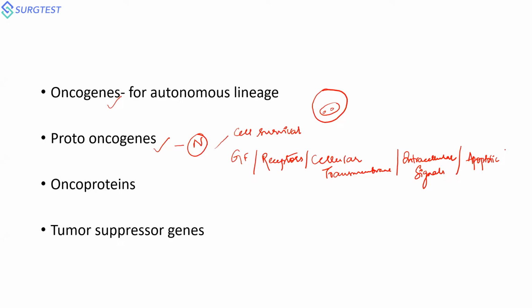What is an oncogene now? Whenever a proto-oncogene gets a mutation in the form of a gain of function mutation. This is very specific, and I'm giving a special notice here, because the gain of function mutation makes a particular growth factor, or your growth factor receptor, or your transmembrane signals, or your intracellular signals, hyperfunction. Whenever you have increased growth factors, the cell becomes autonomous.